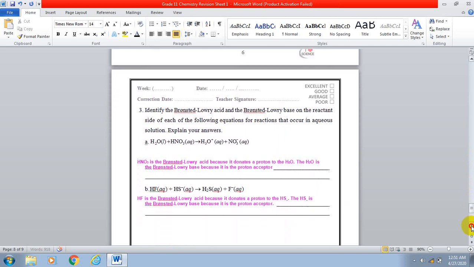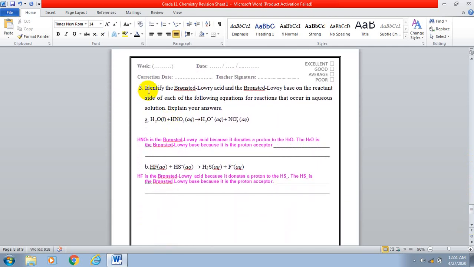Question 3 says: identify the Bronsted-Lowry acids and Bronsted-Lowry bases on the reactant side of each of the following equations for reactions that occur in aqueous solutions. Explain your answers. We studied Lewis, then Bronsted-Lowry, then Arrhenius. These are the people who researched these things. A: H2O liquid plus HNO3